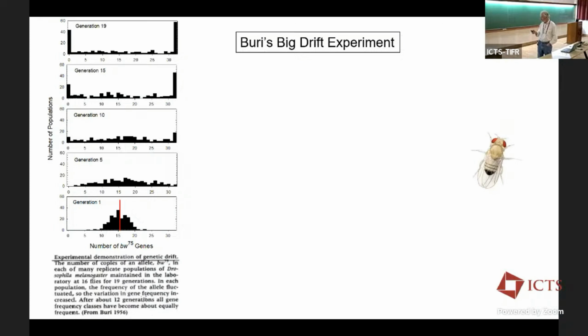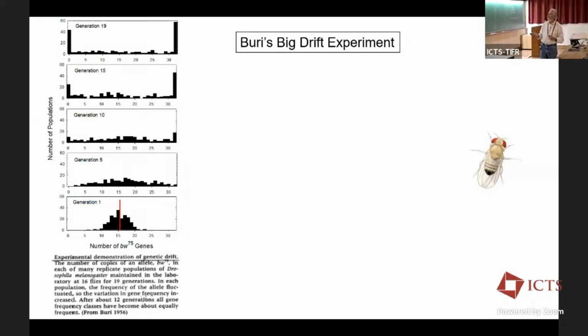And it's always nice to have real data to demonstrate things. And so these are results from a famous experiment by one of Sewall Wright's students named Buri. I think he was so exhausted after these two experiments, I don't think he ever published another paper. But it was quite a piece of work, and it's a beautiful textbook example of random genetic drift. He started with populations of flies that had 16 flies, 8 males and 8 females, and they were all heterozygous initially for a color marker allele that he could genotype, this is in the pre-molecular days, just by looking at the eye color of the individuals.